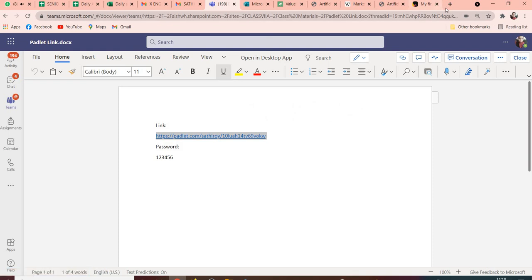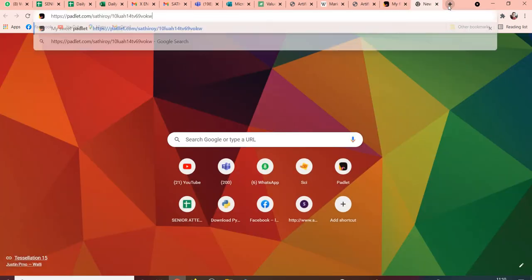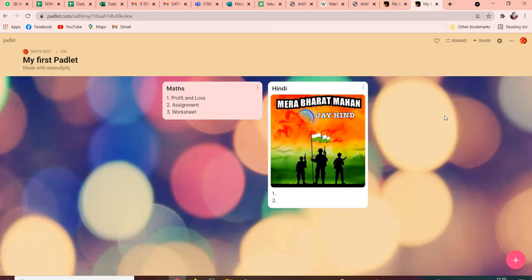Copying it. As I am the owner, I will get the same view. Yeah, this is the view. So if I am keeping it in the view mode only, if the student does something on that Padlet, it will not reflect on the owner's page. That is the advantage of keeping it in the view mode.